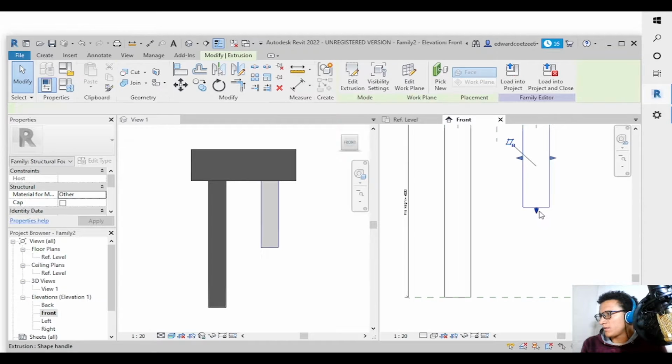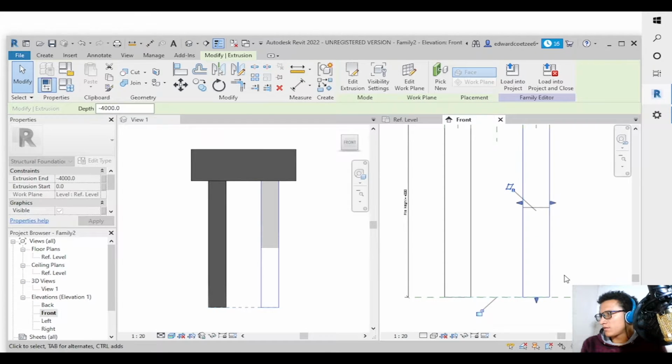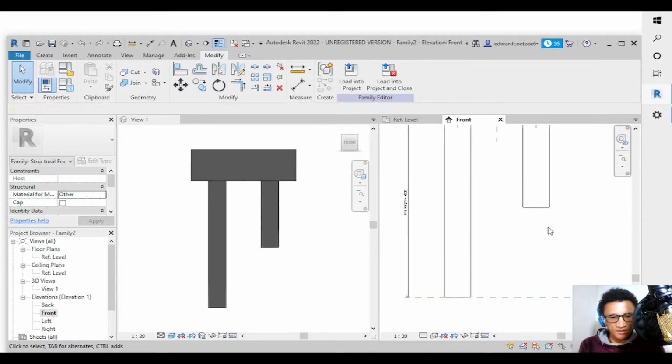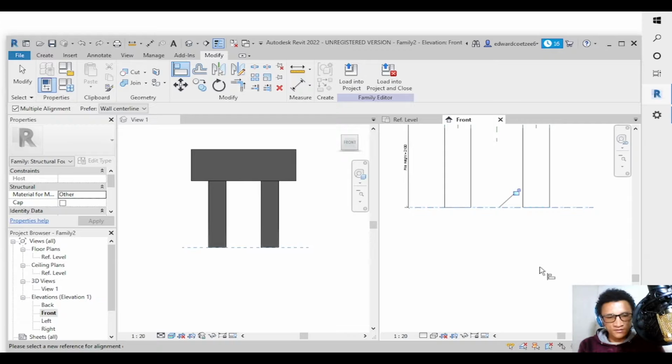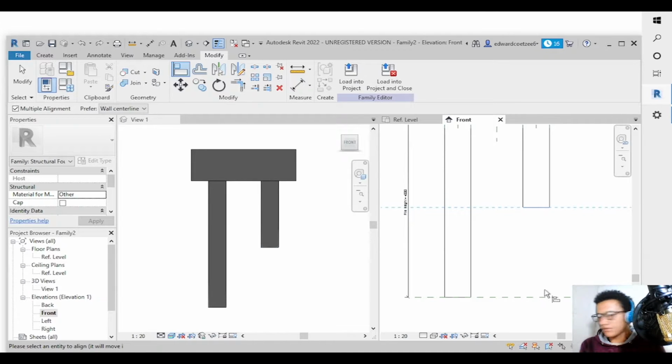So same will do for this one. You will say align and choose that one, choose AL, and we choose these ones, and we lock them,